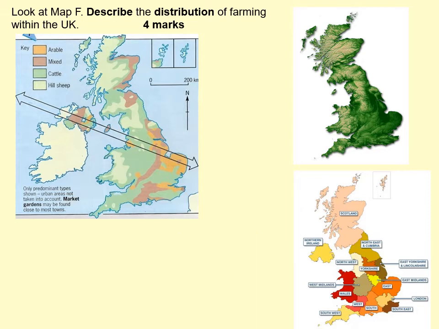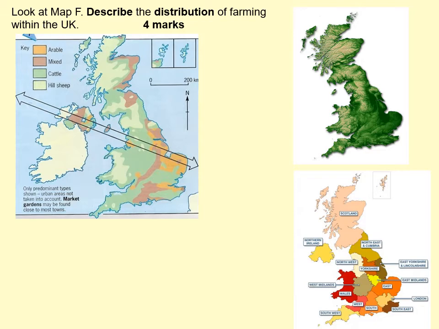Let's now look at mixed farming then. So mixed farming has a greater distribution across the UK. We can see that mixed farming occurs on the east coast of Scotland, in the East Midlands, so the centre of England, and in the south of England. We can also see that in Northern Ireland, a large proportion, so a large area of Northern Ireland is taken